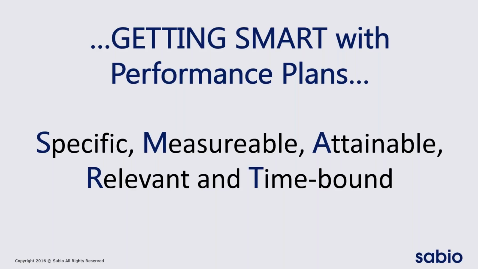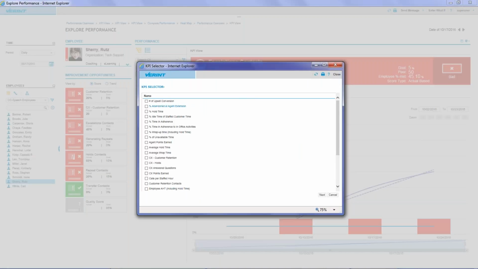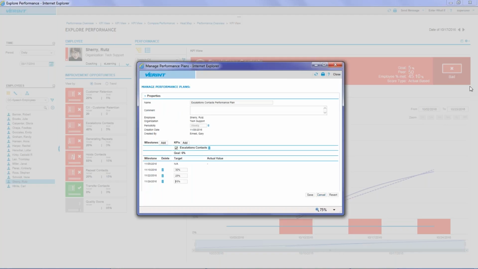So if you don't get the goals right, not only do you not encourage performance improvement, but actually you can have a really demoralizing effect on people, and that can have a negative and unintended effect on what you're trying to do. Within version 15, this SMART methodology has been used to build something called performance plans. And at the top of the scorecard here, you'll see there's a new icon called performance plans. And what this will enable me to do is, just like the coaching plan that starts with the KPI selector, and again in this example, escalation contacts is selected, what I can now do is define a fix-it plan for Sherry. Using the concept of SMART,